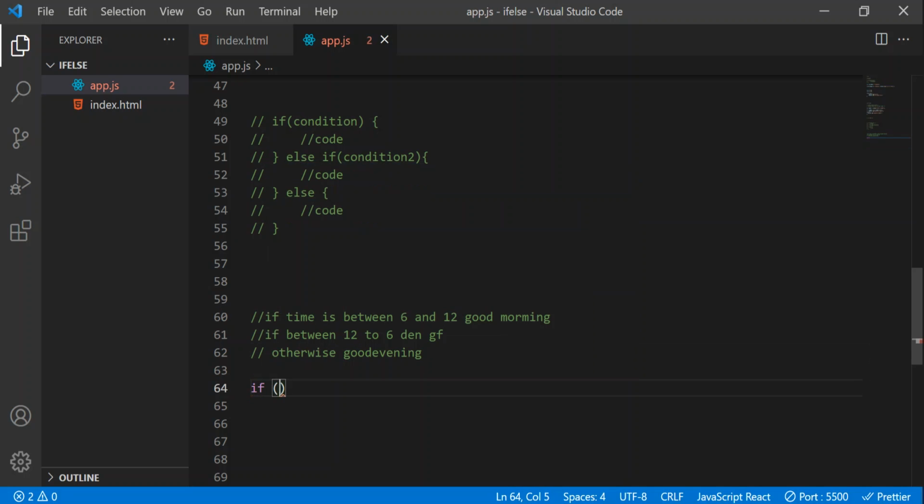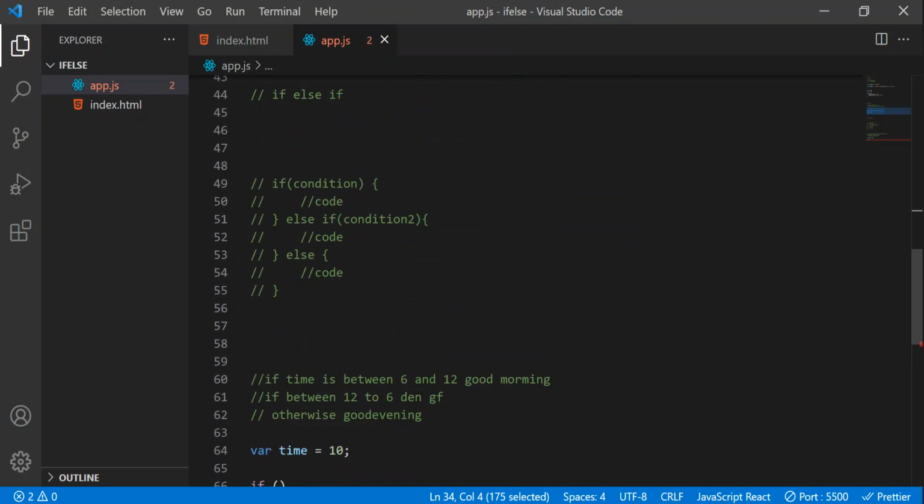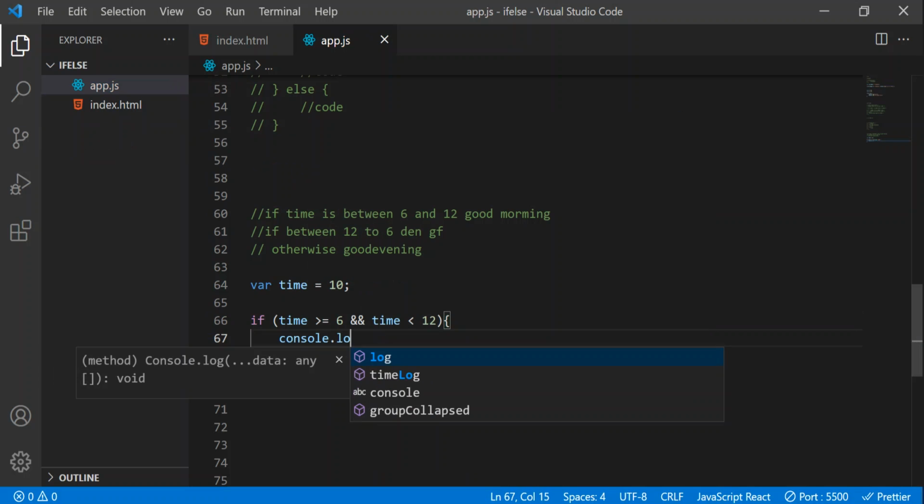Actually, let's take a time variable first. Variable time equal to, here we are only giving time, let's say 10. Let's comment everything else out. Now if time is greater than or equal to 6, from 6 AM to 12, here we have to use the ampersand operator. It will check both conditions, both must be true. And then time less than 12. Now we have to print console.log